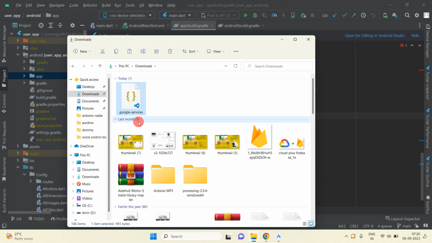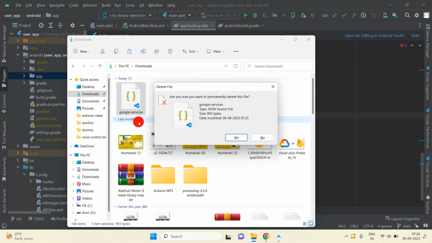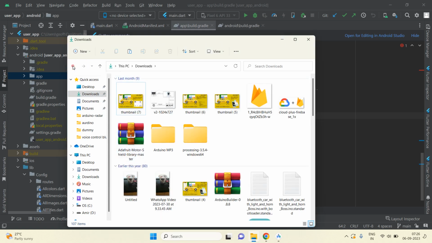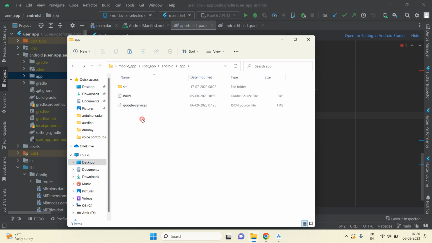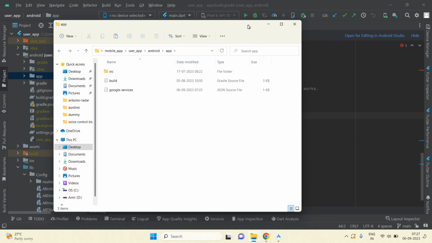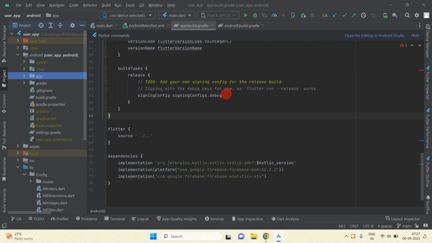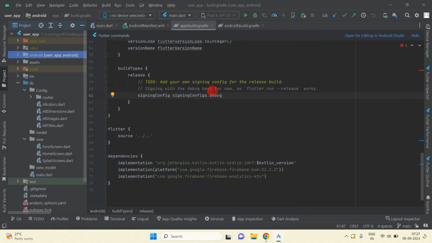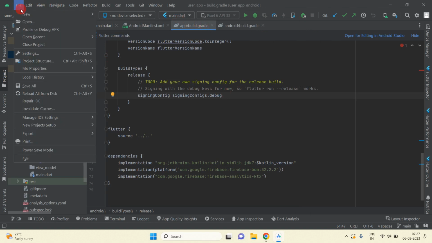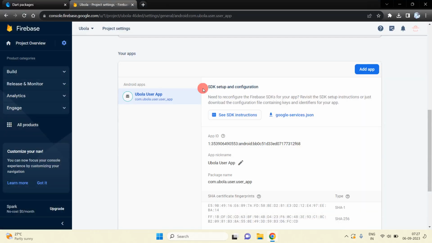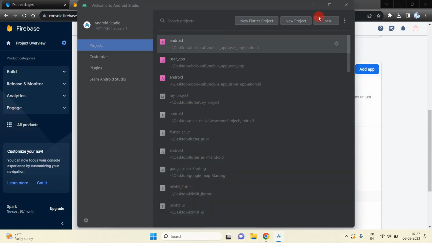So I am going to delete this from download folder. Okay, and I have pasted that Google services file inside app, inside user app. Okay, so we have successfully integrated Firebase into our project. And similarly I'm going to set up inside driver app. Okay, so I'm going to close this project user app, and now I'm going to open our